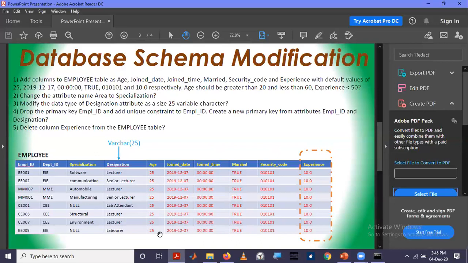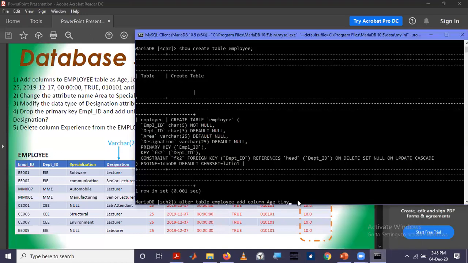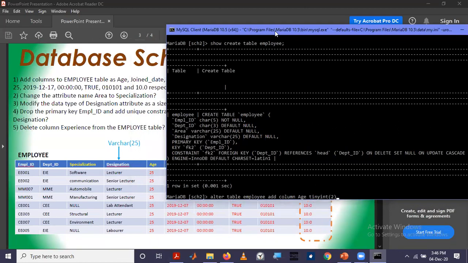this one should be limited to two digits, right? So there is a data type known as tiny integer, denoted by tinyint, and then you have to specify the size. 2. This one is only having two digits.